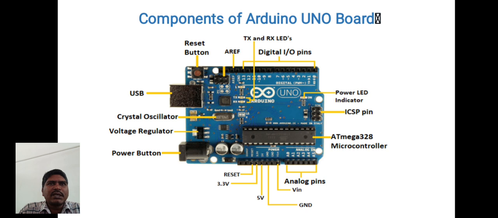The next one is digital input output pins. The digital pins have the value either high or low. Here the pins are numbered from D0 to D13. These are the digital pins. The next one is